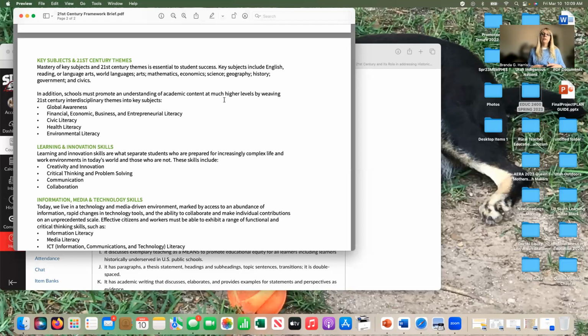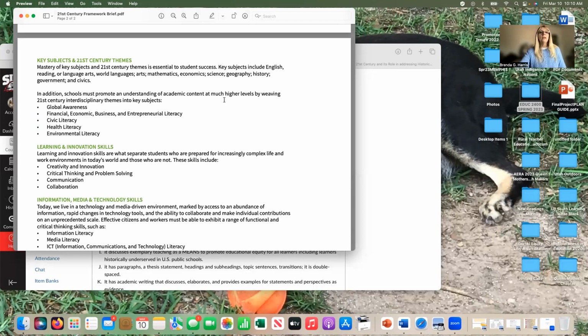And so in the 20th century, with the 21st century now, we're in kind of this knowledge-based society. And so it's much different from our factory-based society. And so we have a different set of skills that are needed to be able to function in this